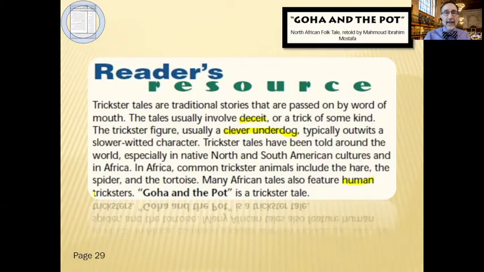So we had the story of the Fox and the Crow, where the fox was the trickster, but it was an animal. Another famous trickster story that you might be familiar with is the Gingerbread Man. That's the one where the elderly lady's baking gingerbread cookies, and when she opens the oven, he jumps out and he runs away, says, "Run, run fast as you can, you can't catch me, I'm the Gingerbread Man."